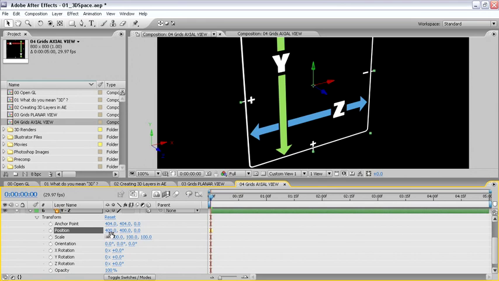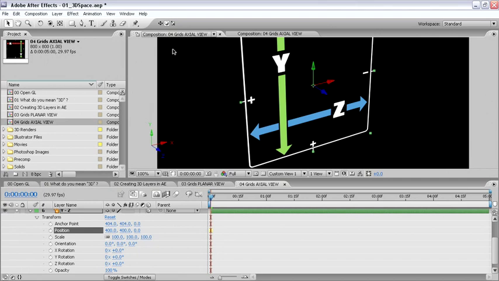Now our layer is set back to the center of our composition, and we can see the local axes in the center of our layer. In our toolbar, in the Options area, we have the ability to change the axes we use for the different layers. The first one is the local view, and we're seeing exactly how the axis matches the layer. If we choose the second one, the icon that looks like a small sphere, we will get an axis that follows the world view. The world view may appear to be the same as the local axis now, but if